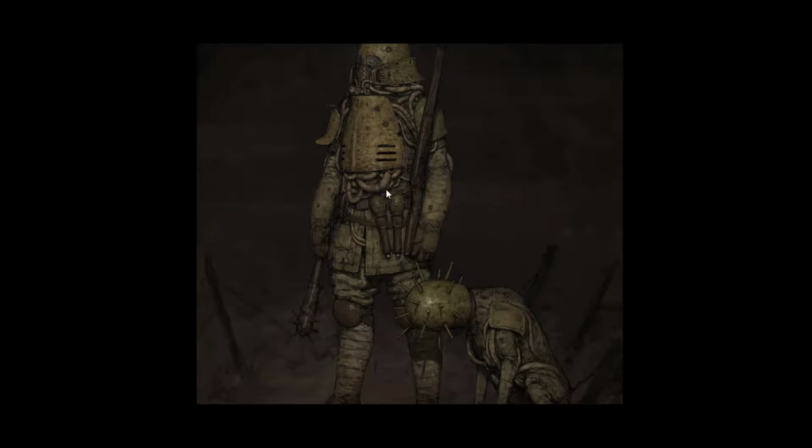It seems like these are more of his intestines, right? But maybe they're more like power cables, but they seem so flesh-like, right? Anyway,